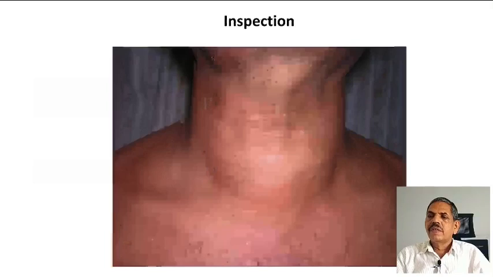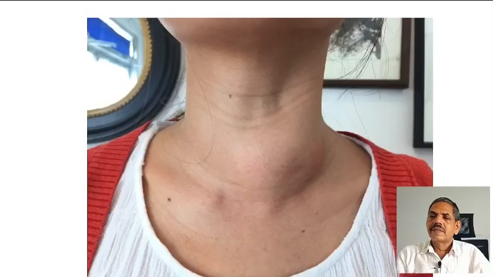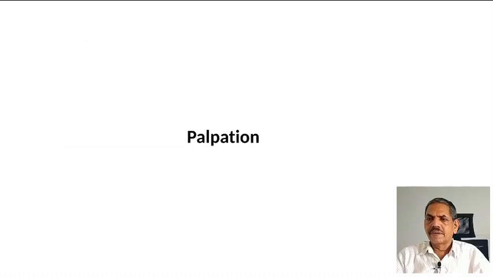Even without doing the neck extension, sometimes diffuse enlargement may be obvious, as shown in the slide. But in some situations, you can see a non-uniform enlargement of the goiter, as shown in the slide, and this is usually seen in adenoma of the thyroid. Sometimes on inspection, the goiter will be very marked and the surface may look irregular, as in the case of a large multinodular goiter. After that, it is the palpation.